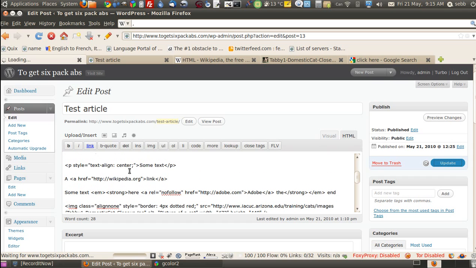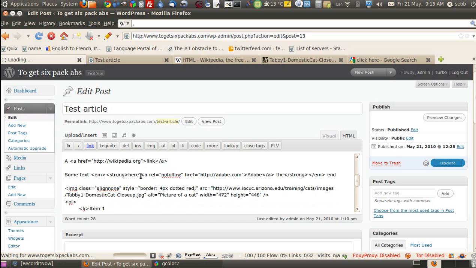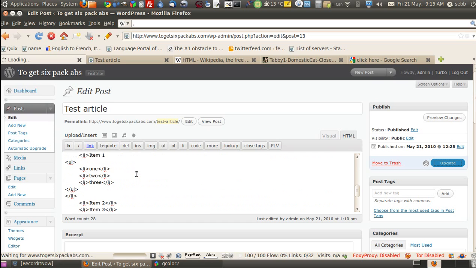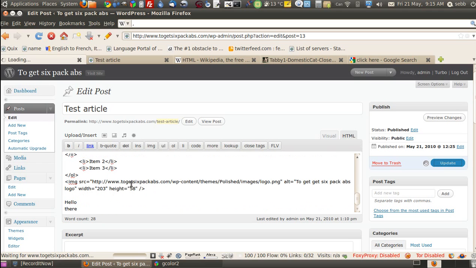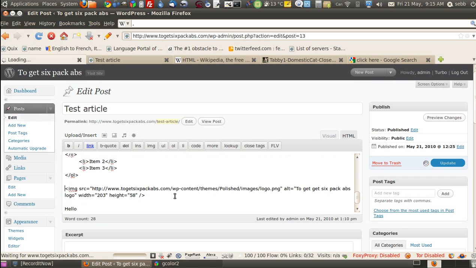Center or right side. Okay, so this works for text and inline elements like that. But if you want it to, you can do this for pictures also. You can wrap it around a paragraph. So this is our logo picture. So what you can do is say style equals